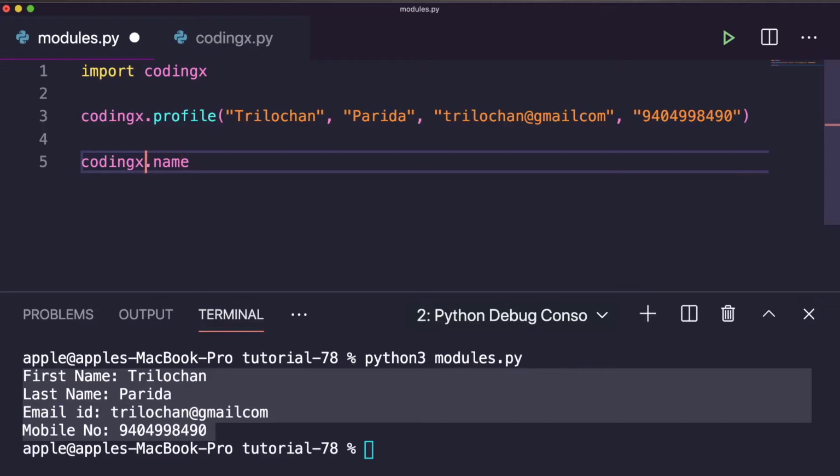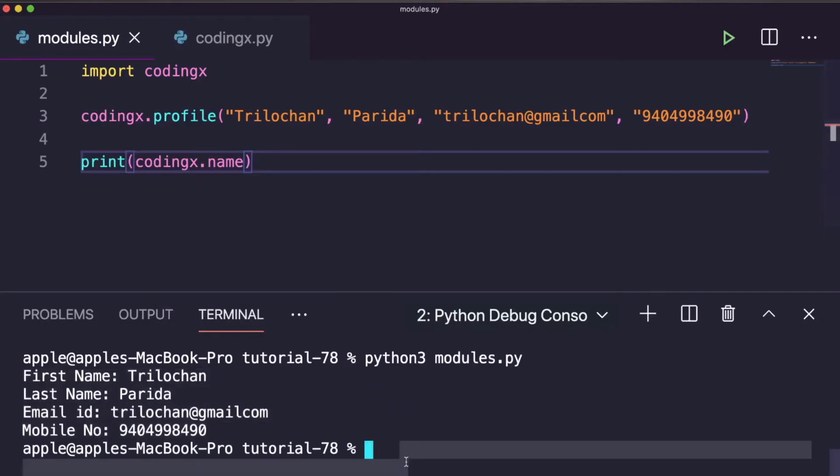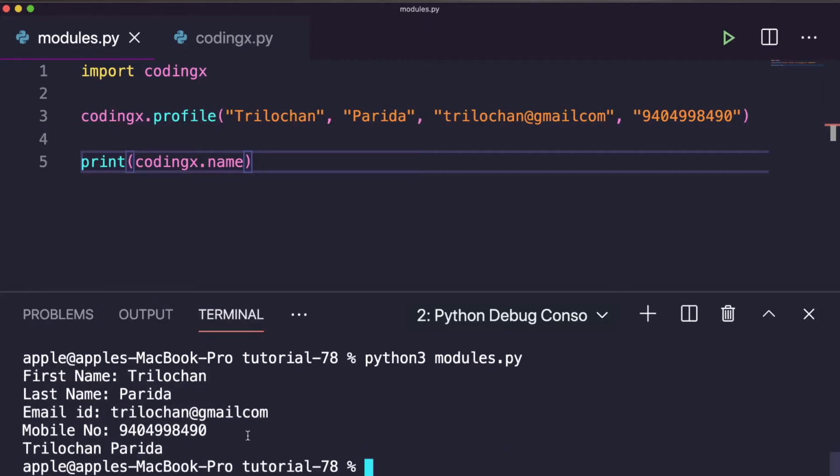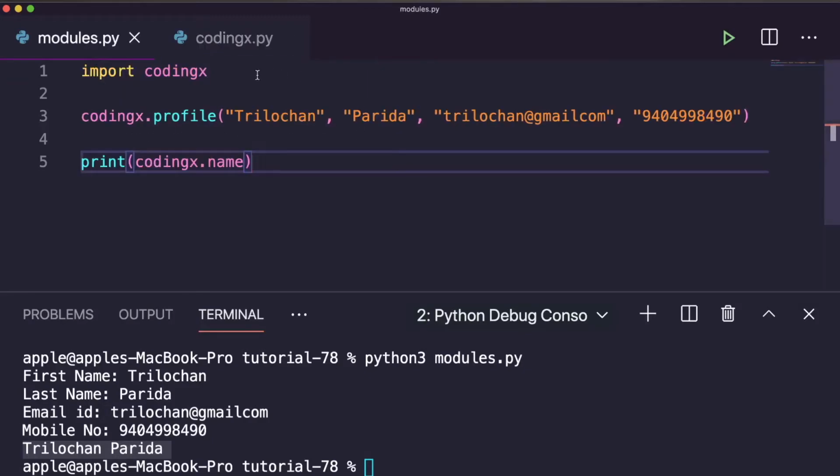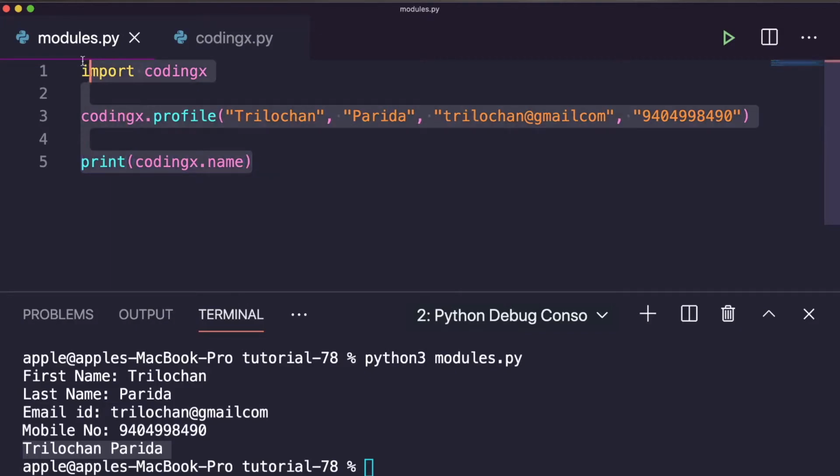So here we can make a print statement and print it. Okay, so similarly just execute again. Here it is. This is the function. Okay, and this Trilochan Parida is the name here. Okay, so this is how you can import a module in your program.